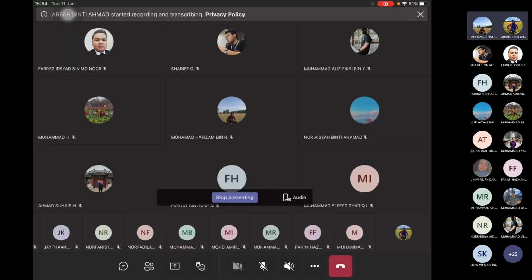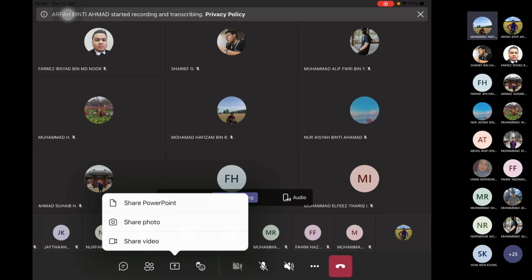Aduh, ni yang aku menyampah ni kalau dah satu ni. Kan dah hilang,